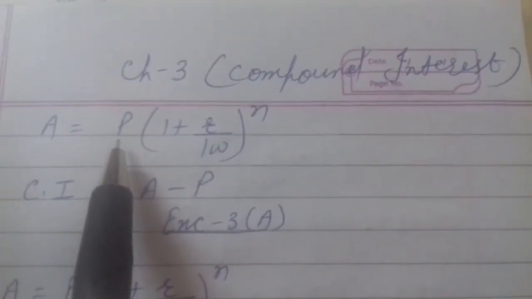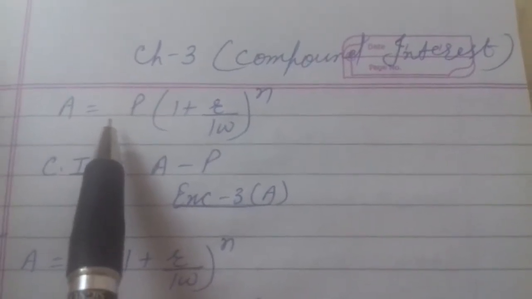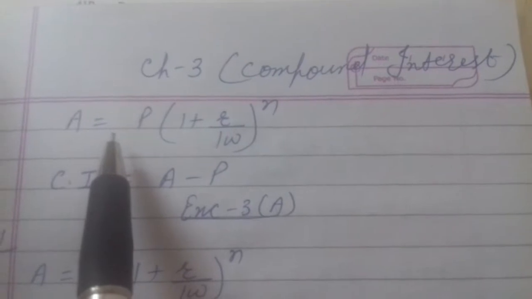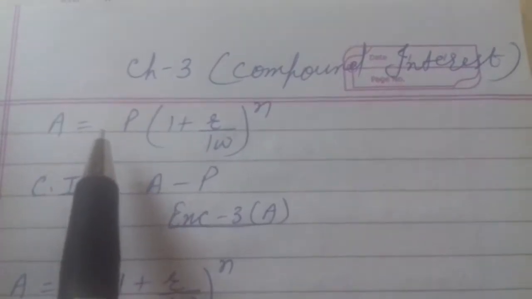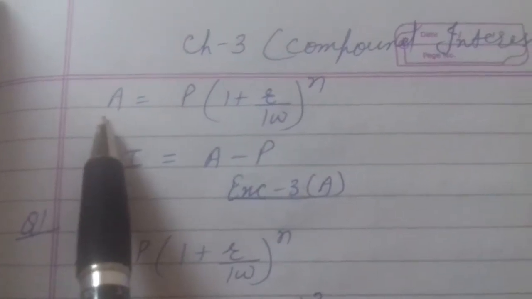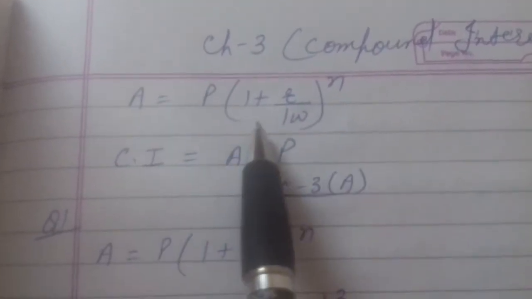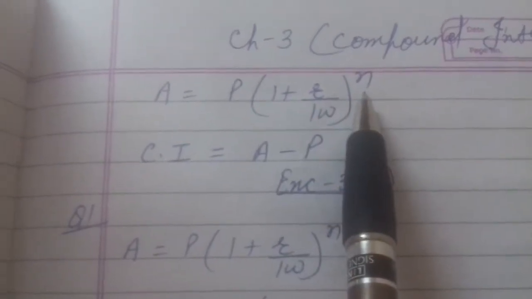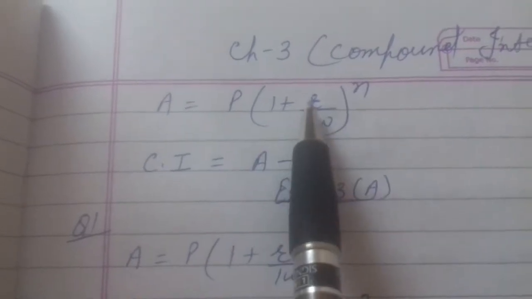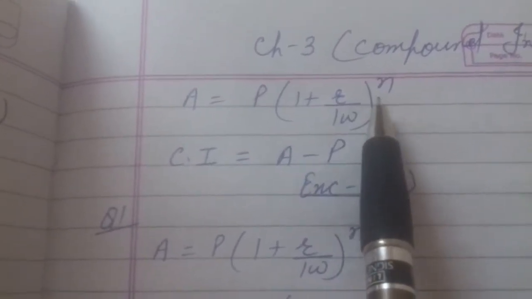Yes, students, welcome to our next class, that is chapter number 3, compound interest with formula. Last chapter we have done without formula and this chapter is with formula. So children, this is the formula to find out the amount in case of compound interest. A is equal to P into 1 plus R by 100 raised to the power n. A stands for amount, P principal, R is rate and n is time, that is number of years.